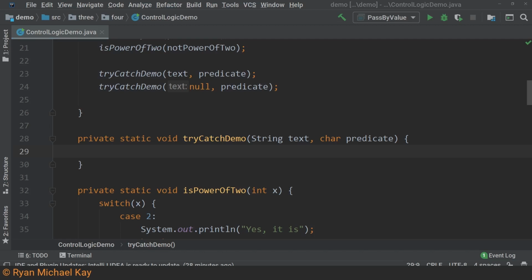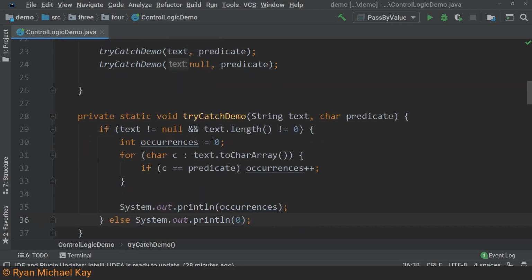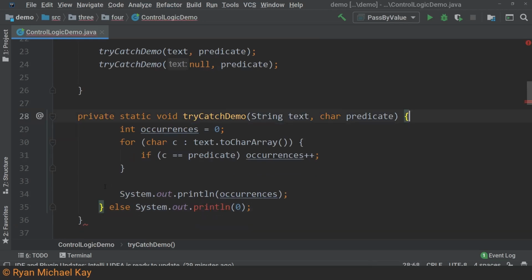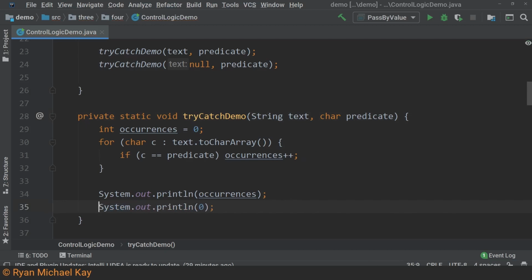We are going to create a new method, but this time we will reuse some code from the null safe count occurrences method to save time. I am going to copy and paste the implementation from the other method, then make some changes. So what we have left is our algorithm for counting occurrences. Since we are no longer explicitly checking for a null string, this code would crash the application as soon as it is given a null string.